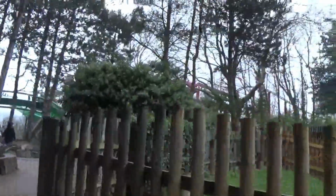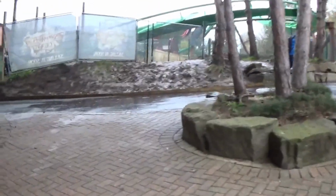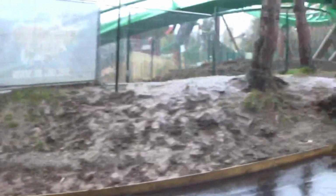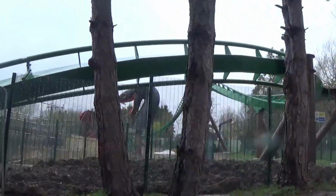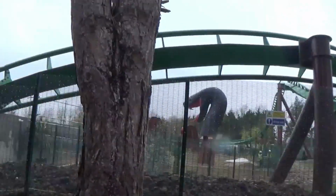As I made my way down to Dragon's Fury, we have Mandrill Mayhem, the brand new roller coaster for Chessington. The Wildwoods pathway is currently closed at the moment, probably due to the construction of this brand new B&M wing shuttle coaster, which is a crazy tongue twister, but it's an awesome addition. And hopefully it's gonna